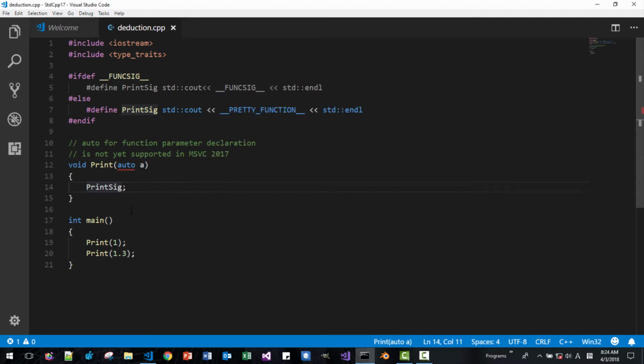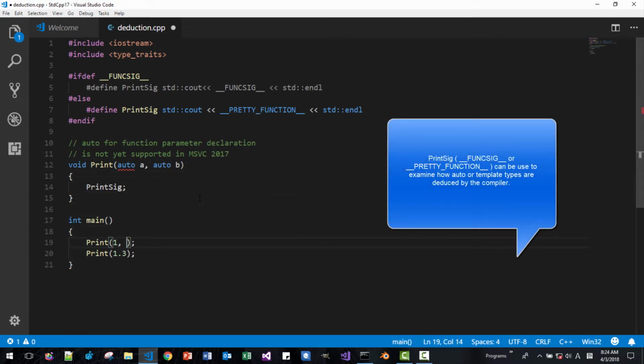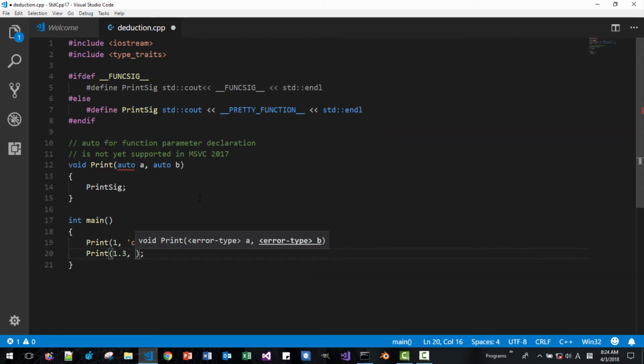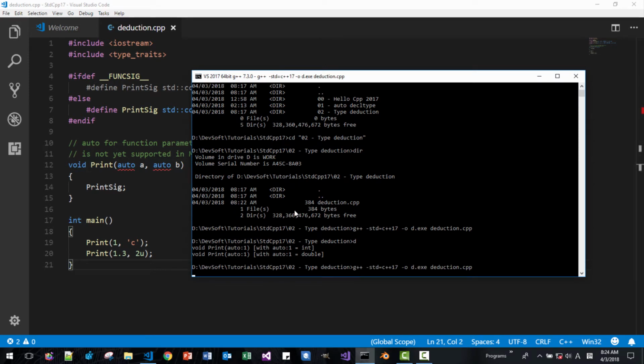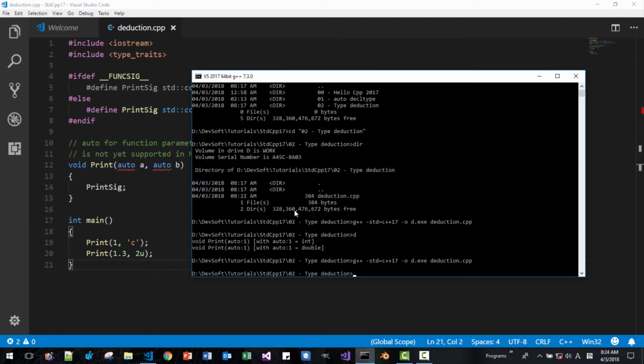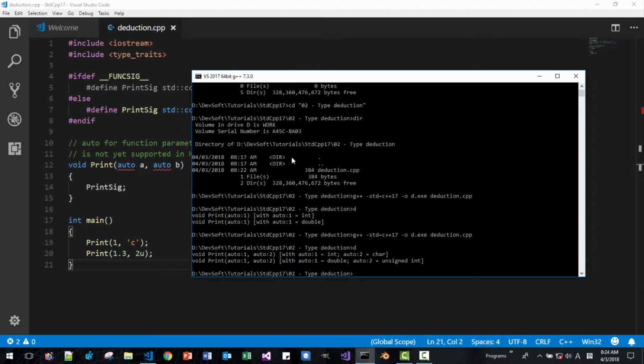Okay, so we will add one more here, auto b, like this. Now we are passing a character, and this is unsigned. Now we are passing like this, compile. Now it says